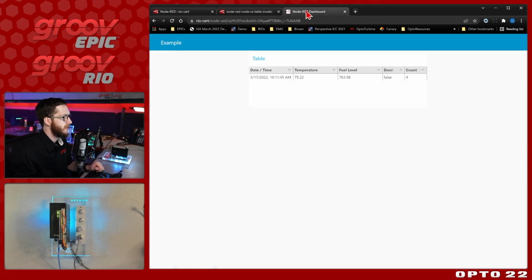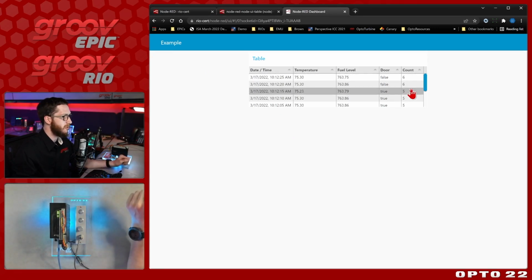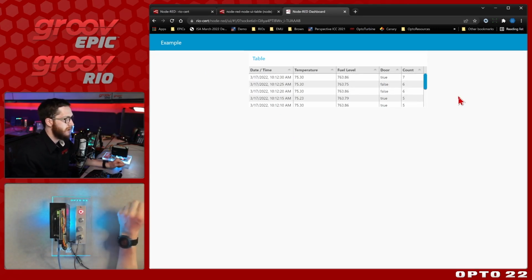I'll deploy, switch over to my dashboard, and you'll see every 5 seconds I am going to get updated data here, but instead of it just updating this one row, I'm going to be getting new data. So let's go ahead and refresh this page, and we can see here we go. We're getting updated data. Every 5 seconds we're getting an additional row here, and if I click that on, you